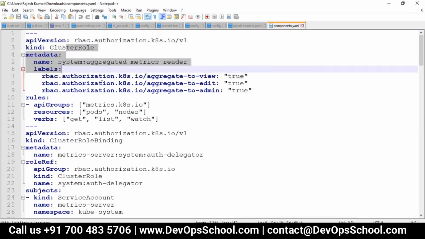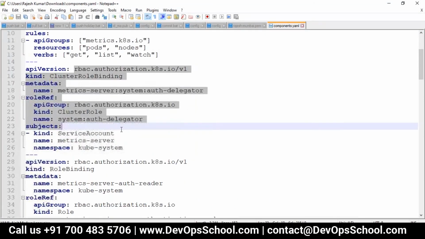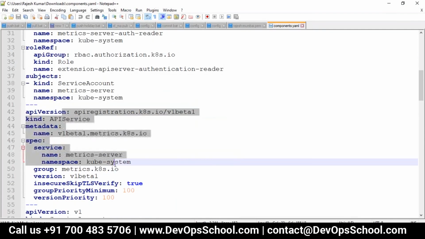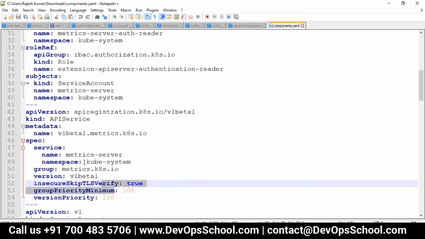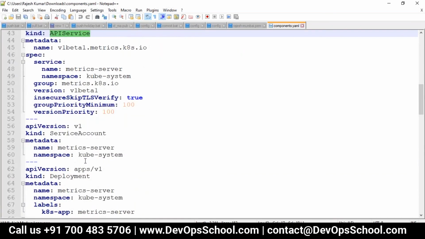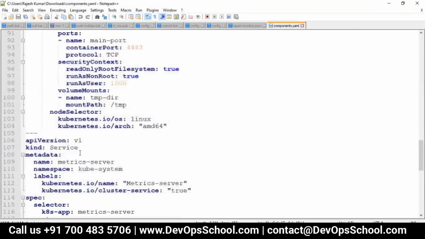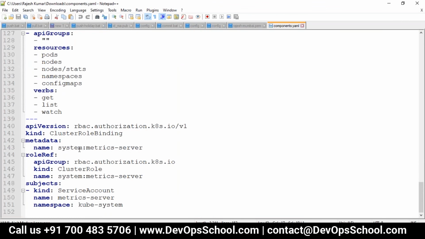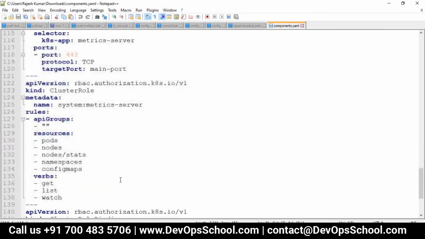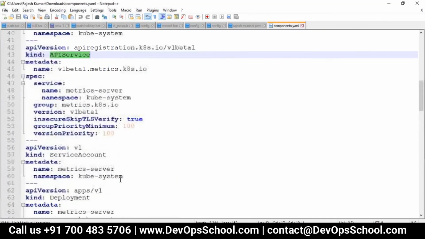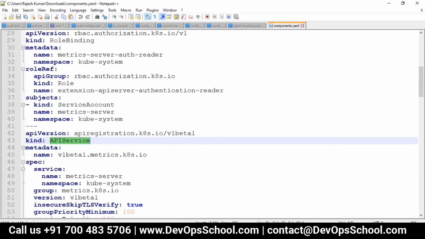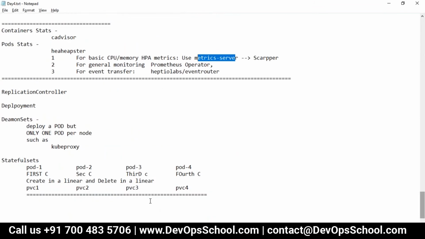Now you see here they are creating cluster role binding, role binding also, and API service also. This has become an API service. Then it must be having CRD also, and this is a deployment, service, role binding. So these are the things needed for metric server. Okay. Got it? Yeah. So that way you can read. Whenever you have such a question, you can open up the YAML file of that particular application. It's not very difficult actually.